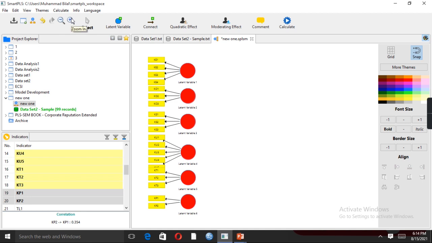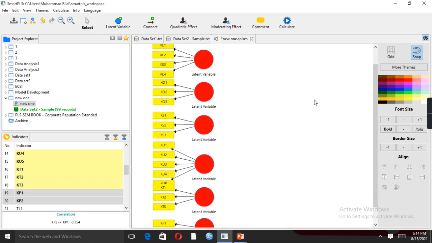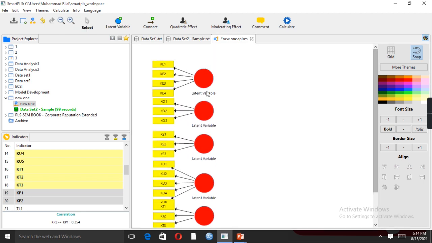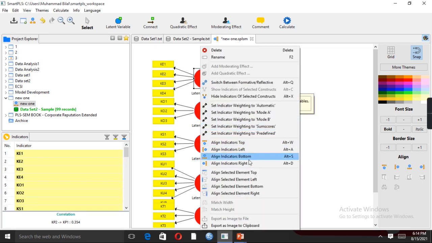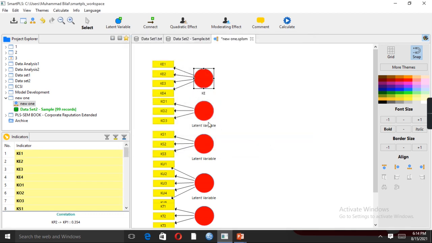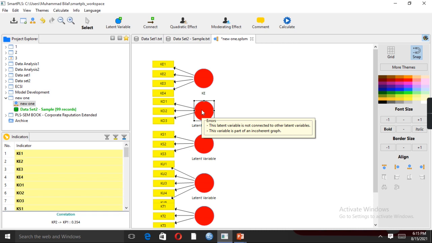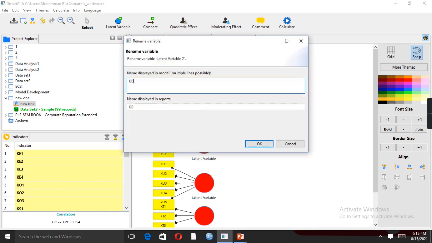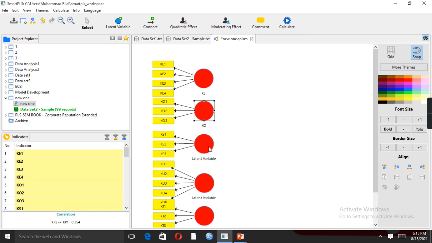So the next step is that we are going to change these variable names. Right click on it, select the variable, and then right click and click on rename or press F2. So our first variable is KE, which is knowledge exploration. The second variable is knowledge organization, KO.